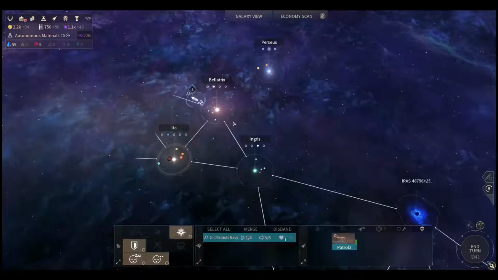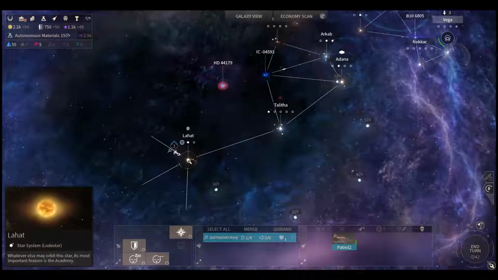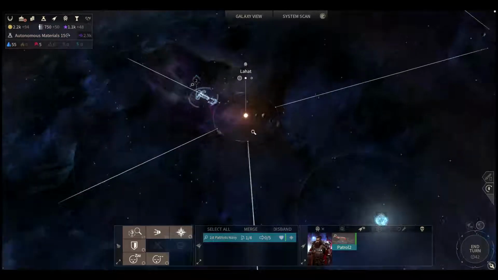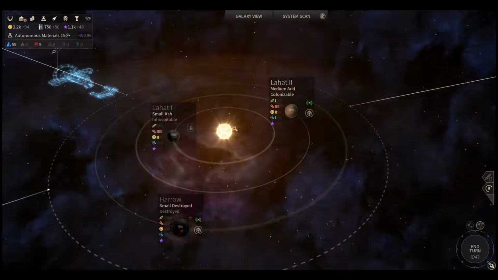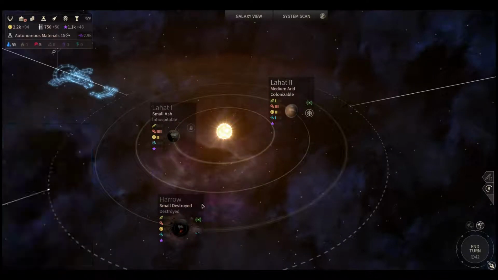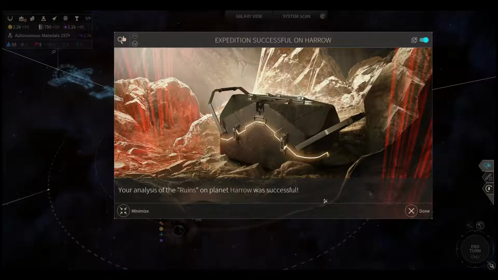Right, so from here on out it will basically be the same. You just spread around, fly around, see what you can find. You can colonize the system for the academy, but the system is usually not a great system to have. Like as you can see,